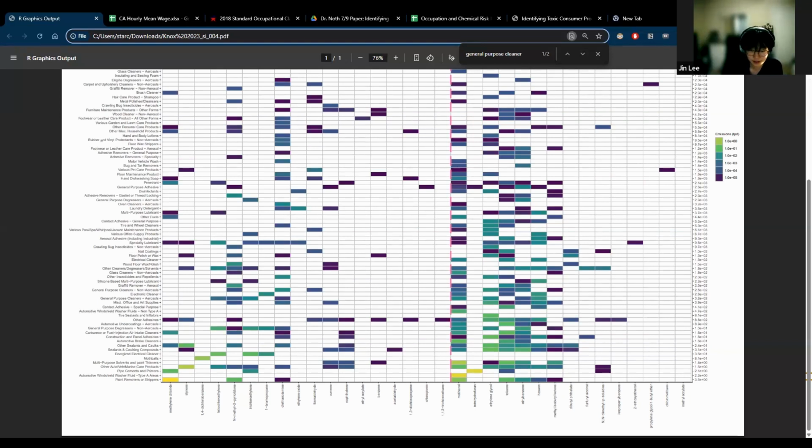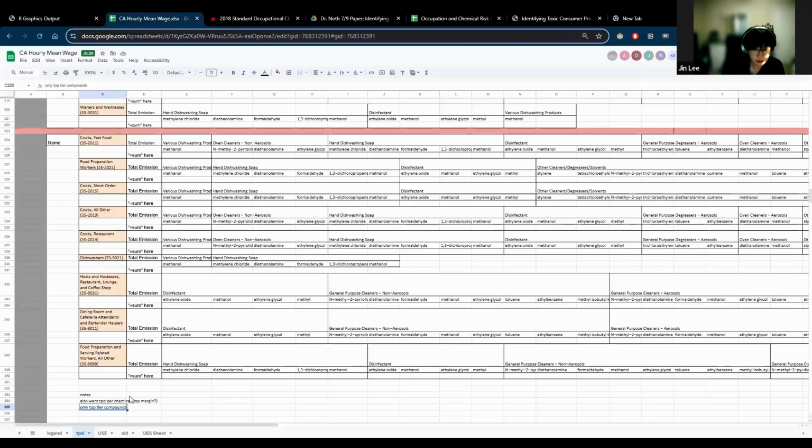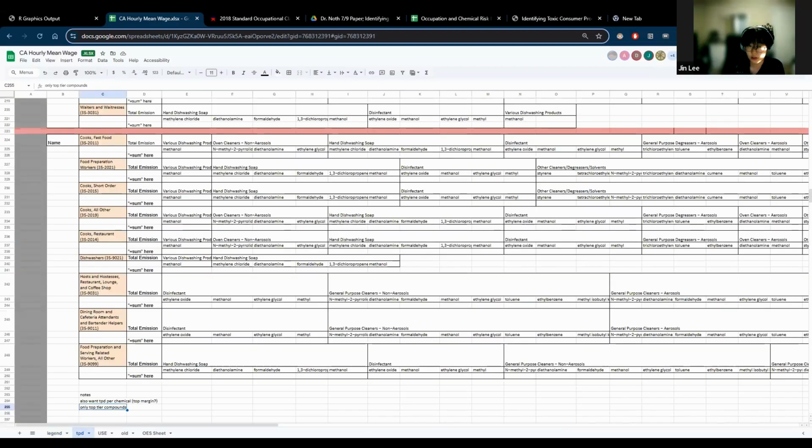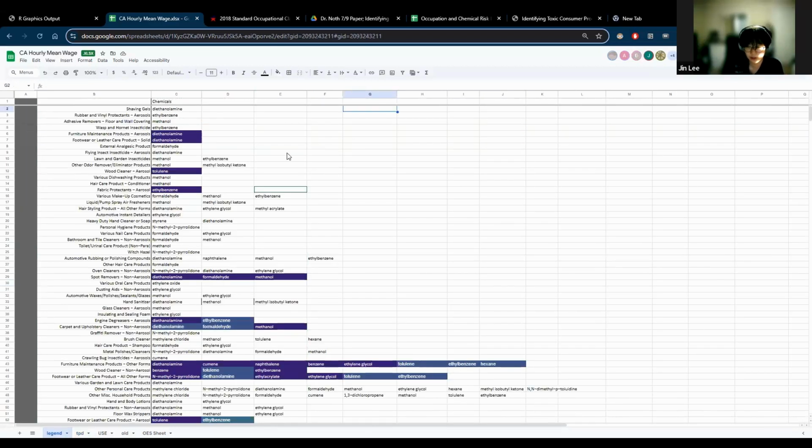I can't see cameras. So I also want to touch up on the legend. We're pretty much done for now, so I don't think the legend becomes absolutely crucial for us to have. But I think I said this earlier: if anyone copy pasted chemicals from our legends tab, do double check them because I saw quite a bit of unfinished ones. And also, this has not been updated to only contain top tier chemicals.